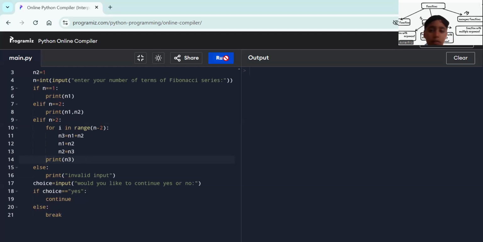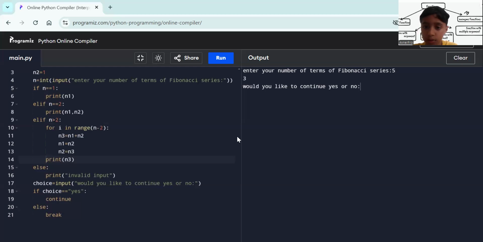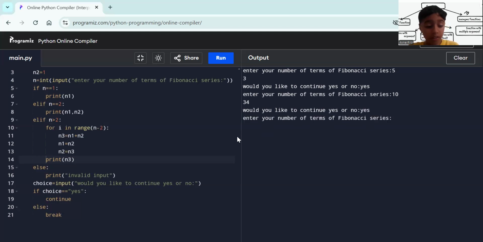Now let's run it. This video was completely short to me. So let's write 5. What it's going to write is 3. See? If I say yes, we can go again. If I write 10, it'll write 34. Okay? If I say yes, let's write